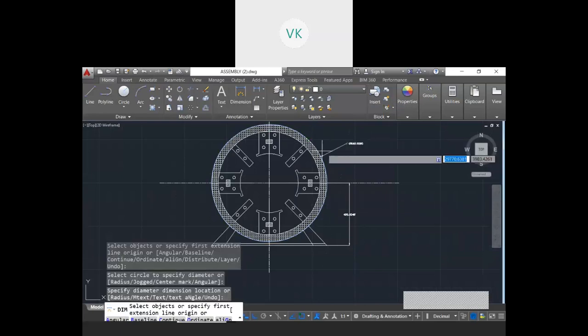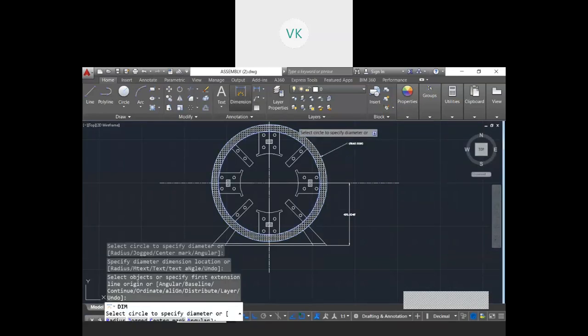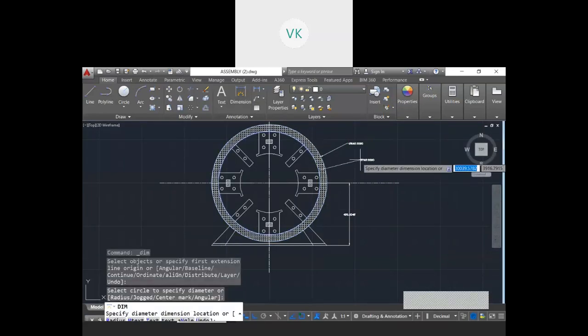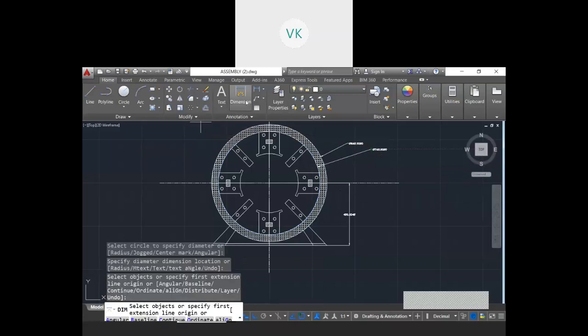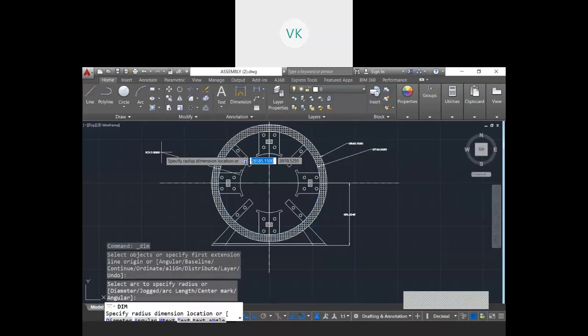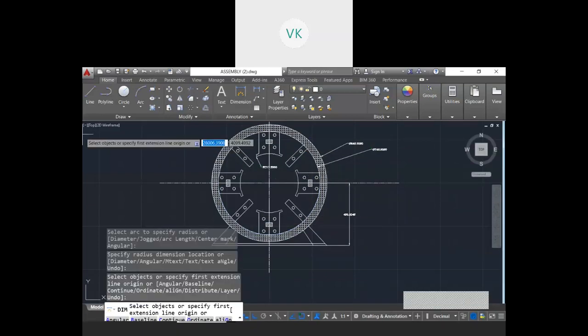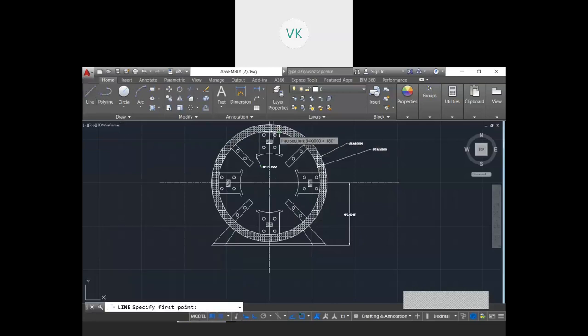So this is my outer diameter, and this is my inner diameter, and pole arch can show here only. Pole arch is given, then height is given.